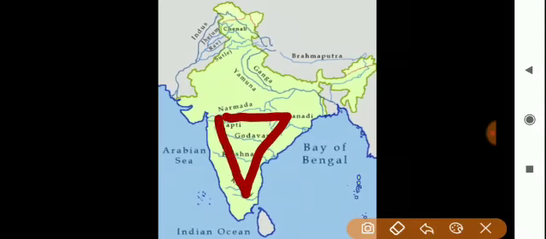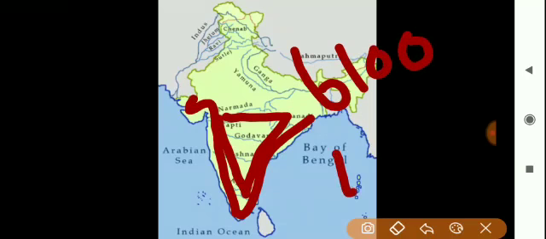India has a 6,100 kilometer long coastline. In the previous class itself you learned that this coastline is divided into two types according to the direction. The east side is known as the eastern coastal plain. The west side is known as the western coastal plain. So do you know how these coastal plains are formed?